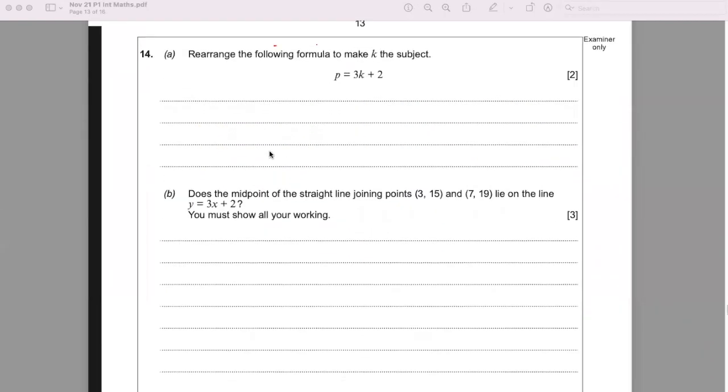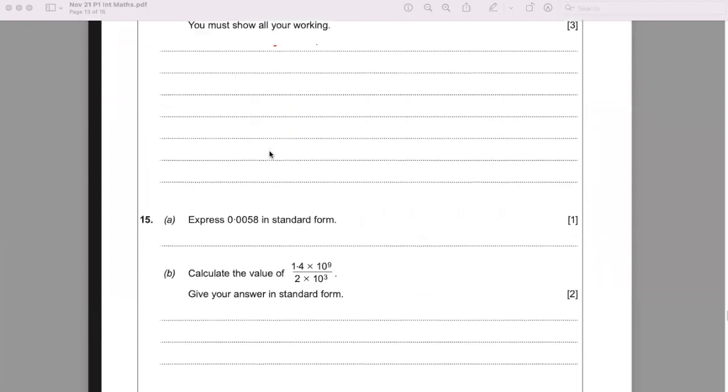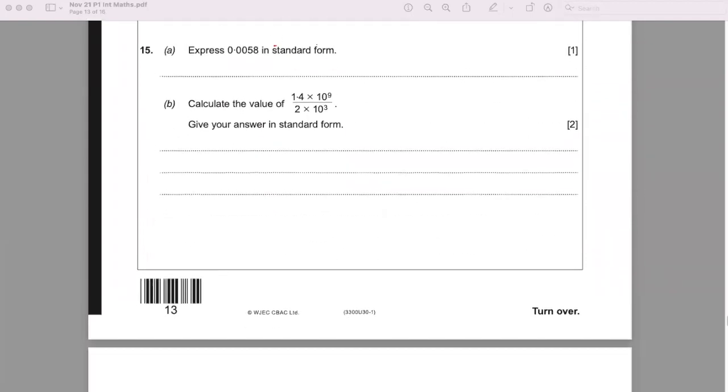Here you are. Question 14. Now, I already did a separate video on question 14 because it was in higher tier, under a video called question 5, rearranging formula. So I would like you to just go to the description, click on it, and then you'll be able to see question 5, which is question 14. They are exactly the same. Question 15, express